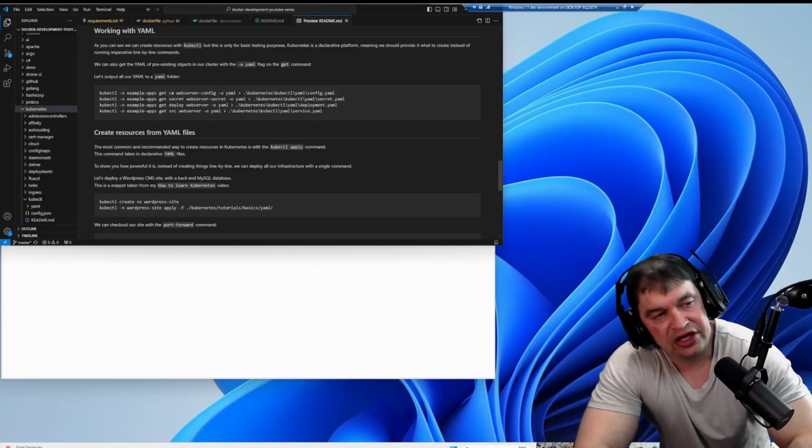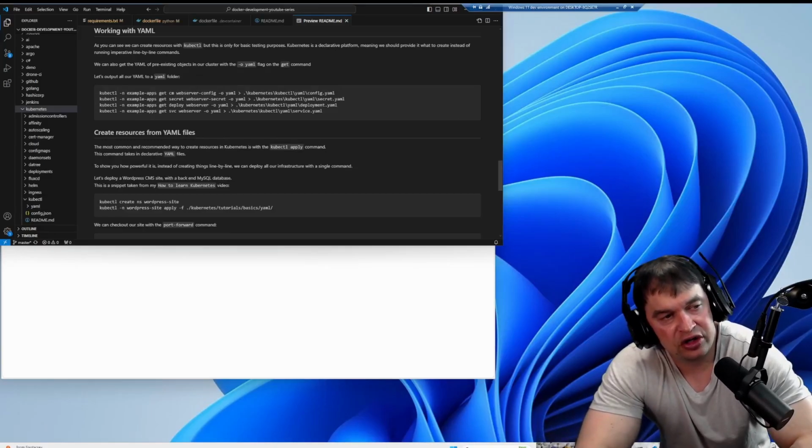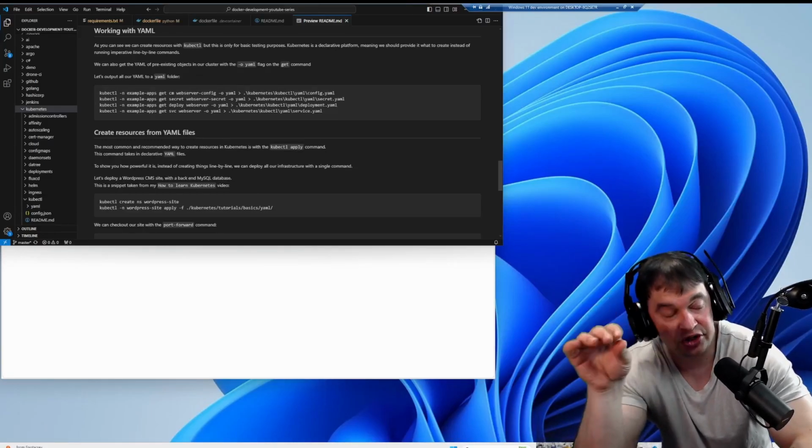Now generally when we use the kubectl create command, we'll be passing YAML to kubectl instead. One of the powers of Kubernetes and one of its strengths is that we define infrastructure declaratively. So what does that mean? In traditional infrastructure, when you're writing scripts, you're generally writing them line by line. So you'll write a script that creates a server, you'll write another script that adds some configuration,